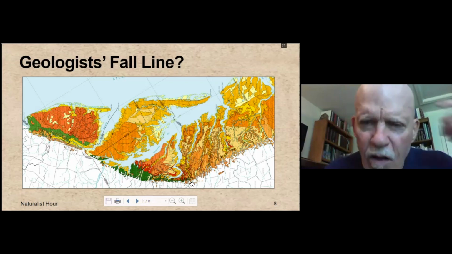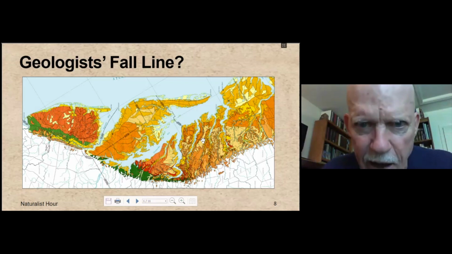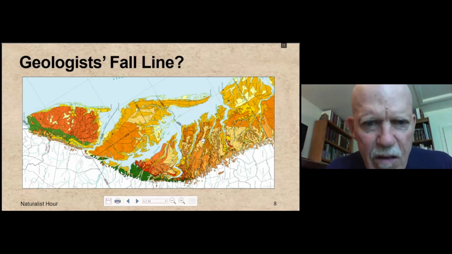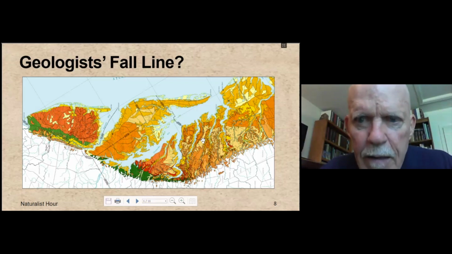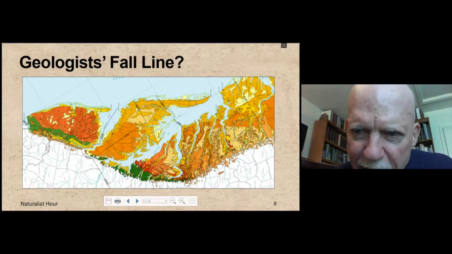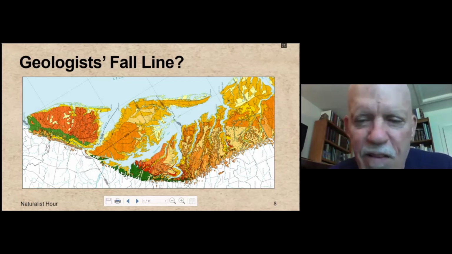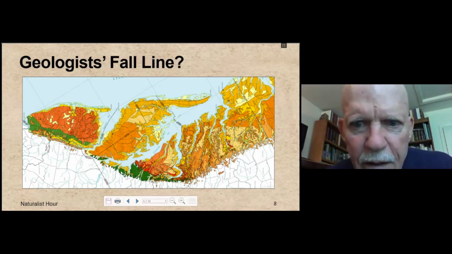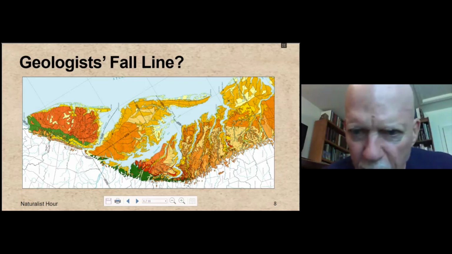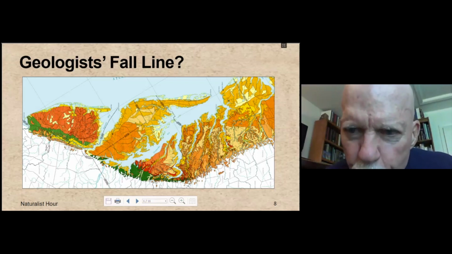Now, this map, which is a little bit odd looking, this is Delmarva, this is South Jersey, this is Virginia. It's oriented with the east at the top, and I did it this way so that you could see the coastal plain laid out in a nice fashion. And I want you to pay particular attention to the fact that the actual boundary between overlapping sediment and hard rock all along this coastal plain is essentially fractal.